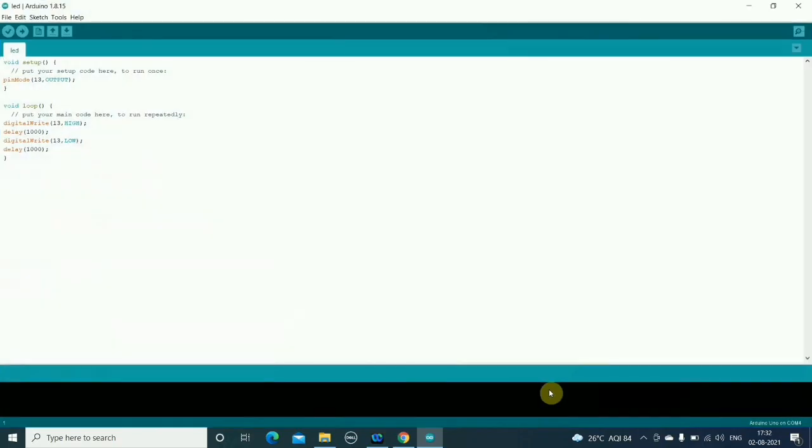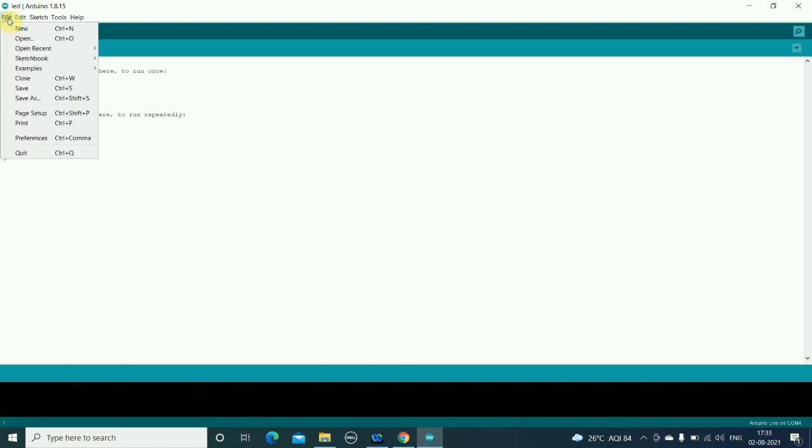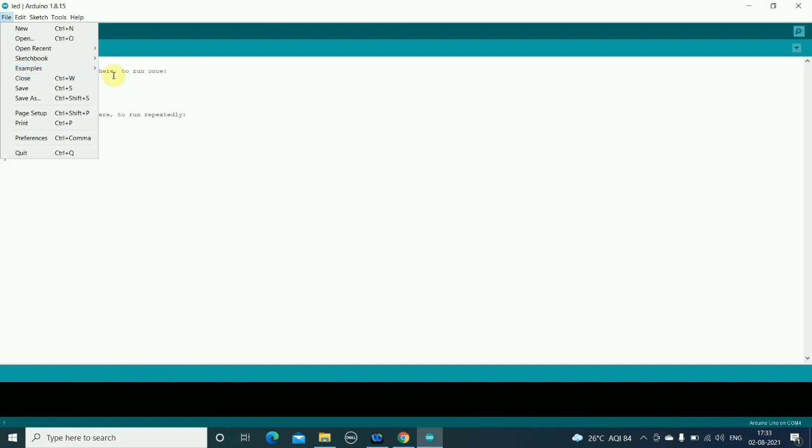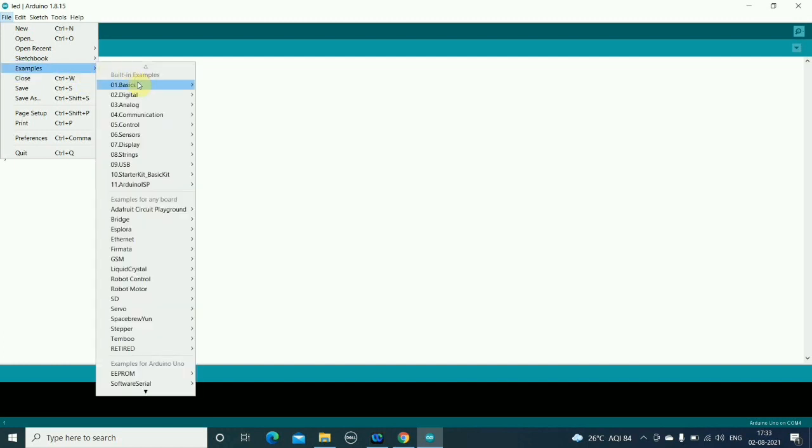Now just open it. Now when you open this Arduino software, you will find that there are different icons. So we'll go through all these icons and functions one by one. Now the first feature is a file. So file is already known to all of us. Now here there is one option which is called examples. So in those examples you will find different examples, like some basics.